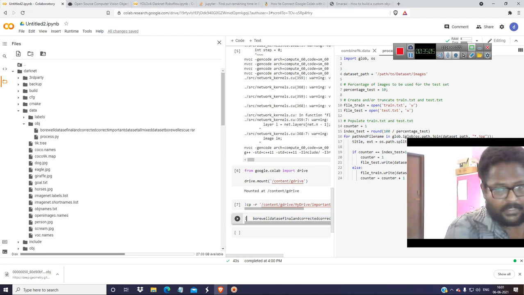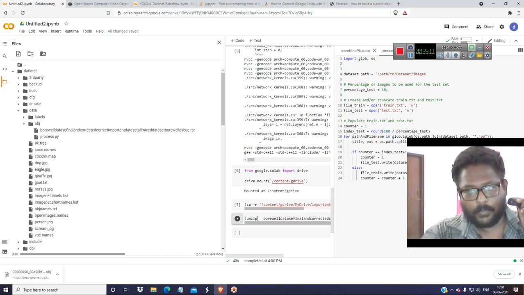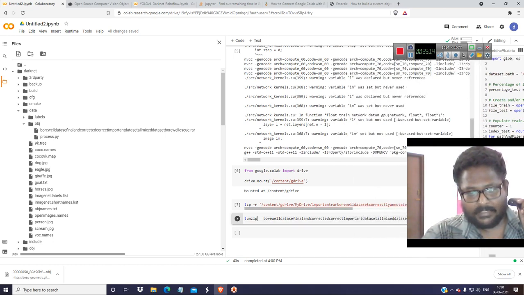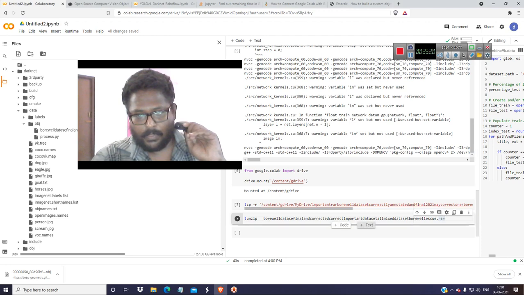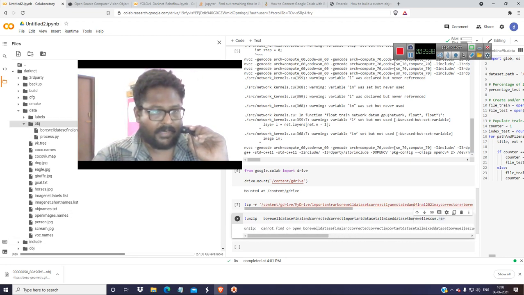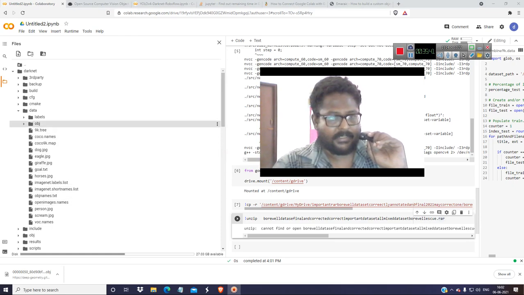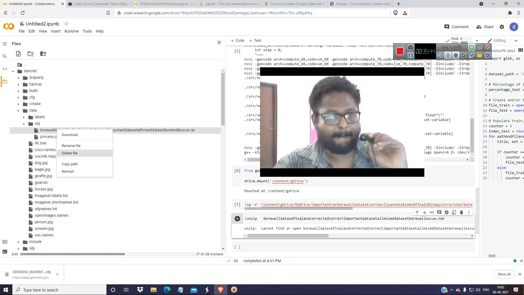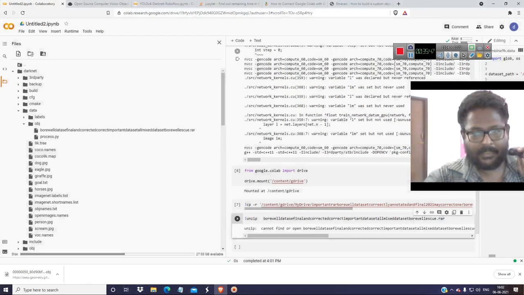You just type exclamation unzip. Okay, this is the image file we are going to deal with, and it's a RAR. Now you can unzip it here. So let's unzip it. Okay, I think a RAR file you cannot unzip this way. So I have another option of copying these things. You can just delete this, because it is just being deleted on the Colab session.